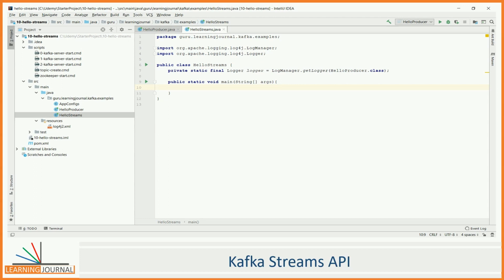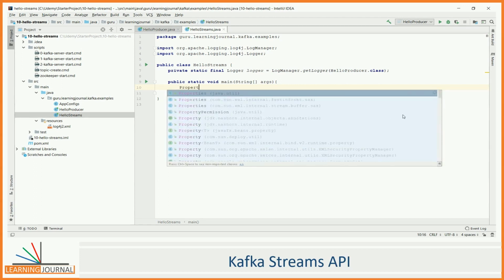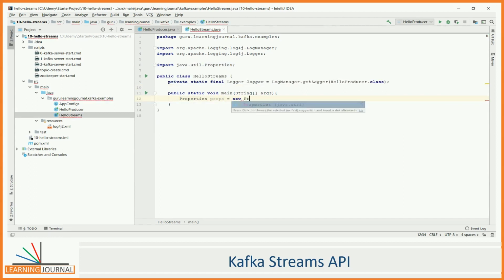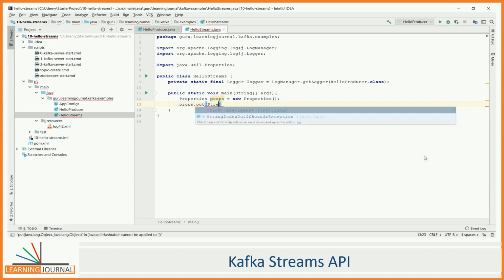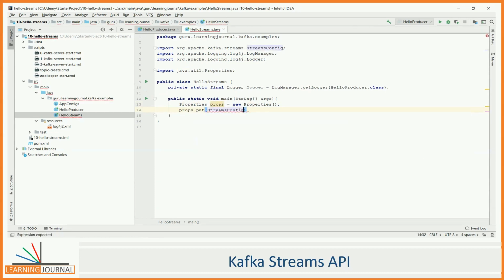Same as Kafka producers, the Kafka Streams API is also a highly configurable API, and we use Java properties to specify those configurations. In this example, we will set 4 basic configurations. The first configuration is the application ID config.